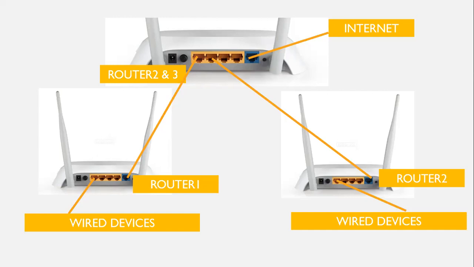This is, I'm sorry again. This is your router 2 and this is your router 3 because this is your router 1. So this, you plug your LAN cable going to router 2 here. But take note,